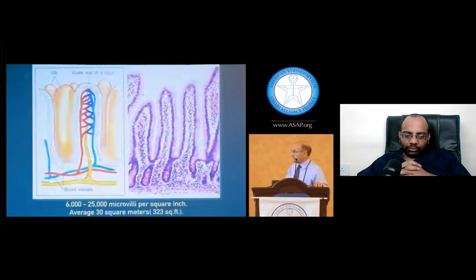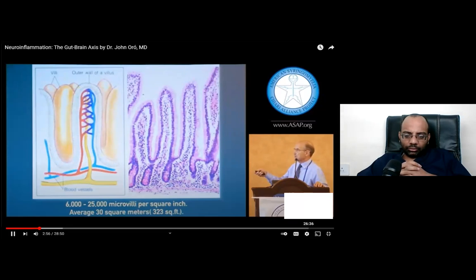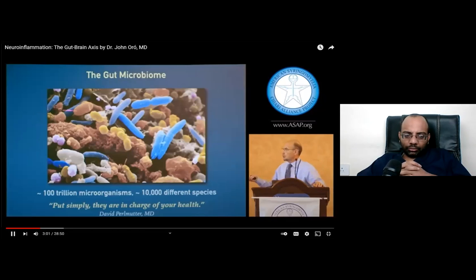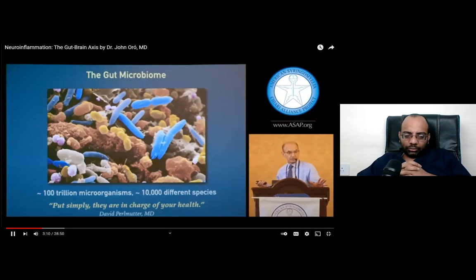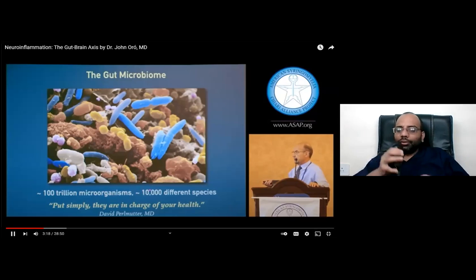What is in those crevices? Why is this surface even there? Because things are in the crevices. We put the food supply down here, and we have trillions of bacteria in there. We cannot live without them. We need to nurture the right bacteria or we're going to get sick, and I'll give you some examples. It's estimated there are over 100 trillion microorganisms, over 10,000 different species.